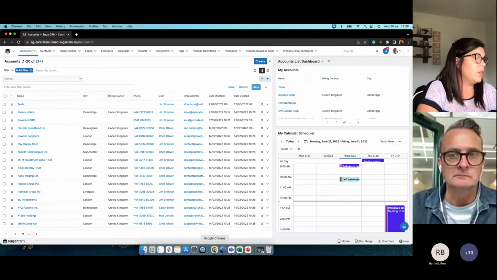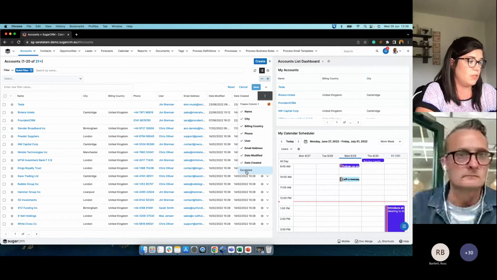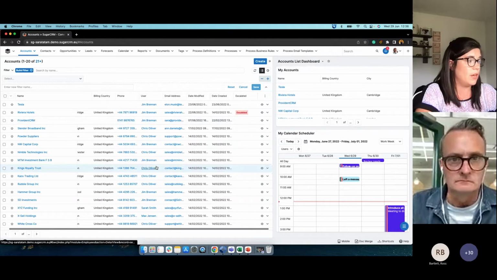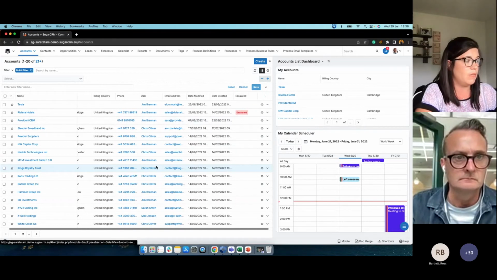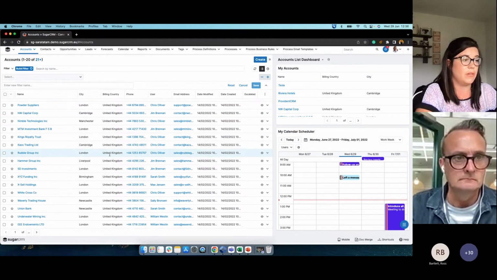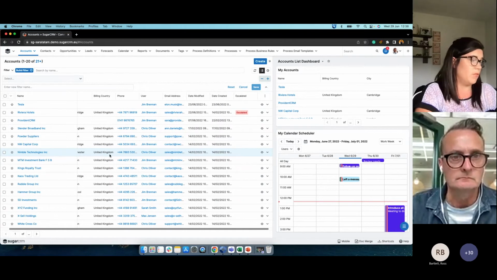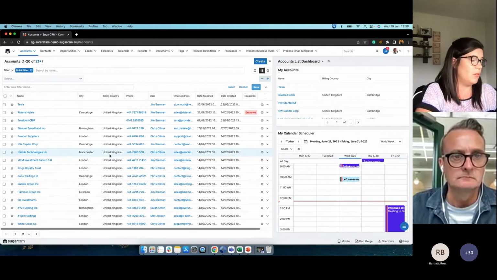Okay, cool. So when we are scrolling across and right, we can see that the columns and the rows are now frozen. If I move across to the right, I can still see the account name. When I scroll down, I can still see the header row here. That's a really good feature, because often when we're scrolling down,